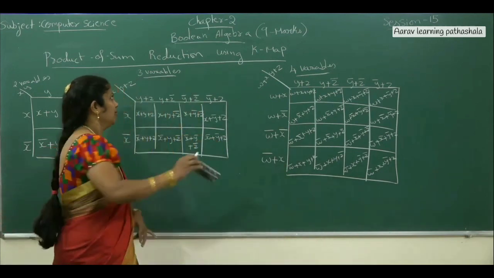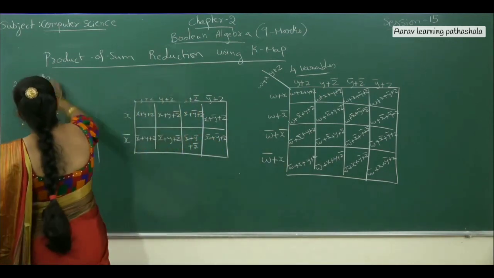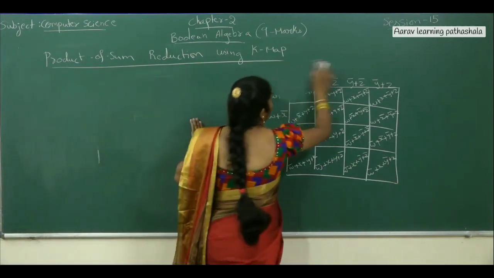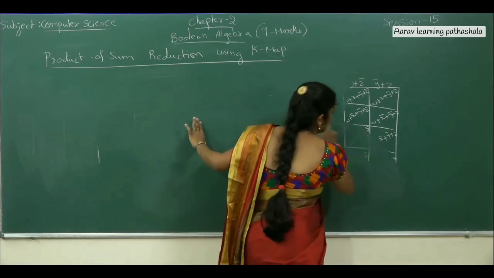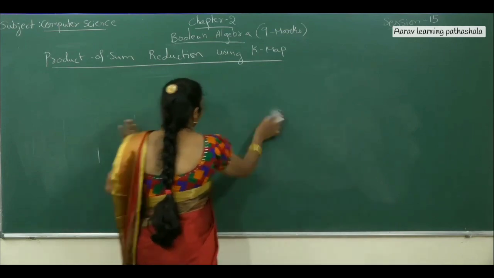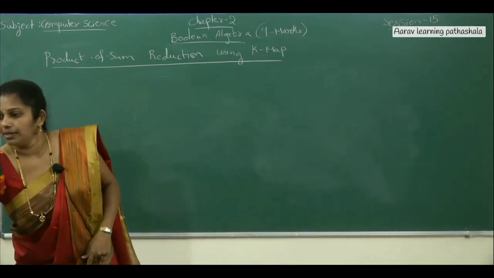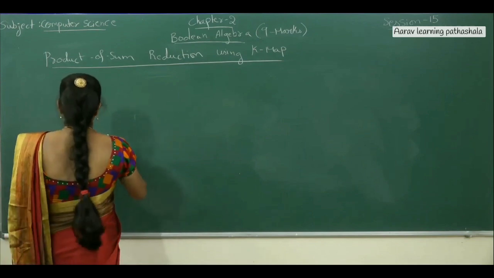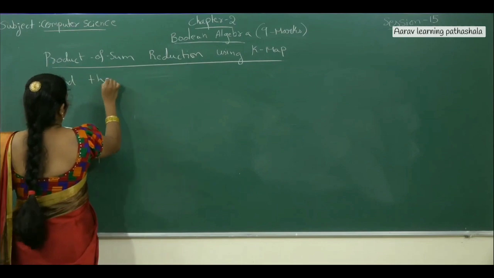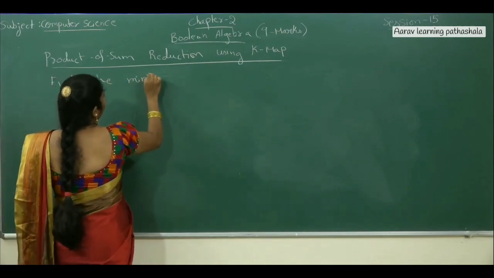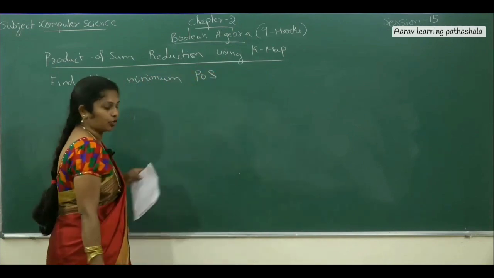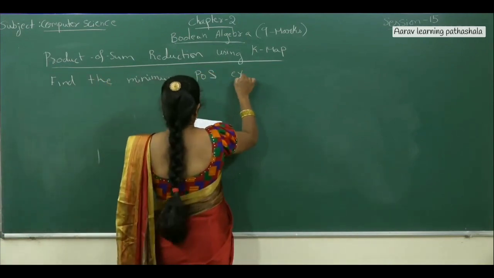Now we will explain a few K-map problems by using Maxterm, whereas in the previous class we explained how to solve K-map especially by using min-term. Now Maxterm, that I will explain. For example, consider the question: find the minimum POS, which stands for product of sum, expression